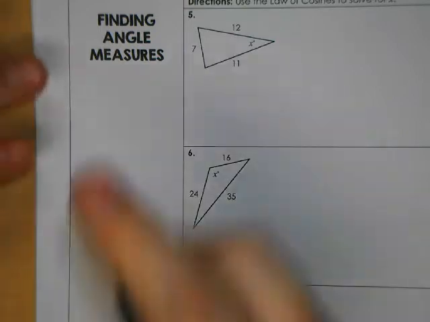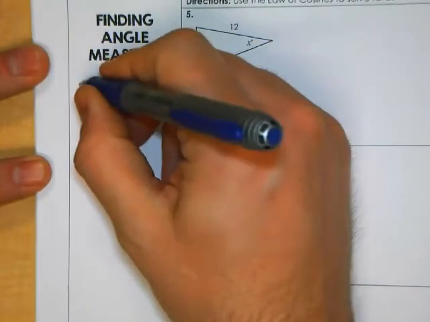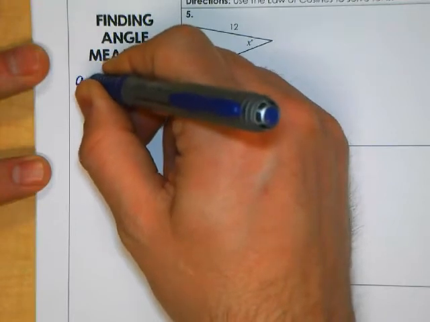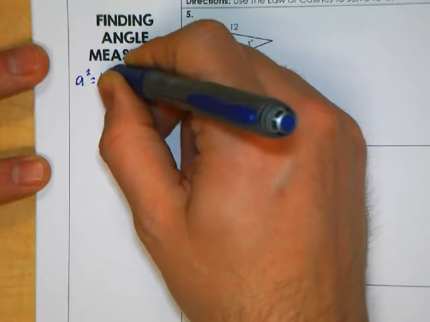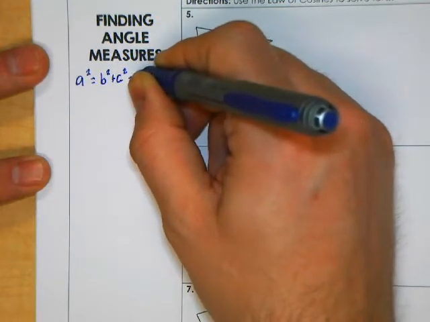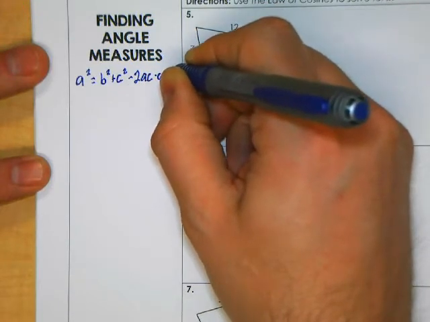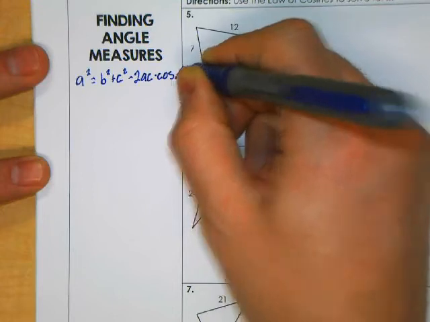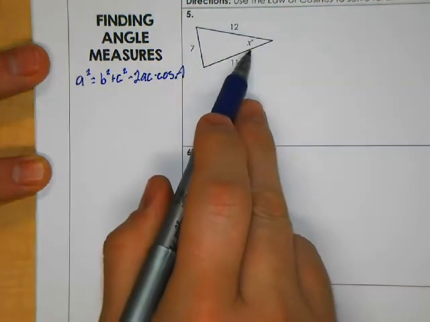For instance, what we saw on the last set of examples, if we said a squared would be equal to b squared plus c squared minus 2 times a times c times the cosine of angle A in this case. Well, if we wanted to find the angle, which is exactly what we're being asked to do here,